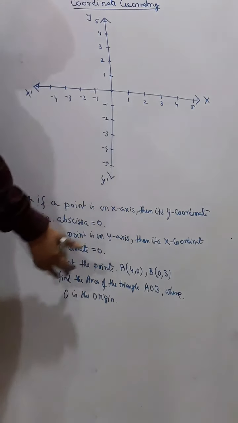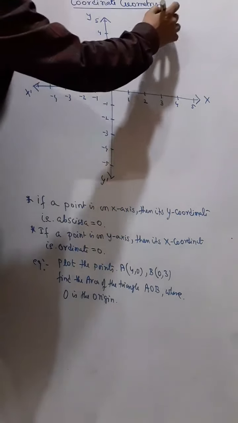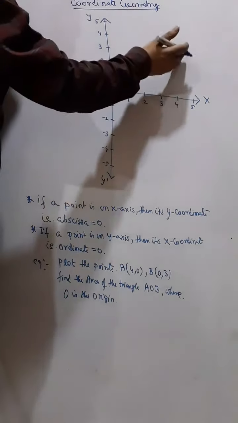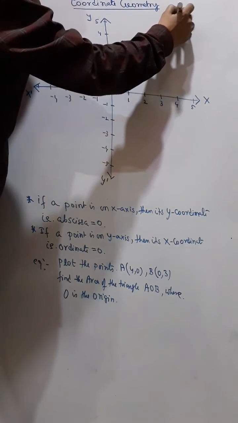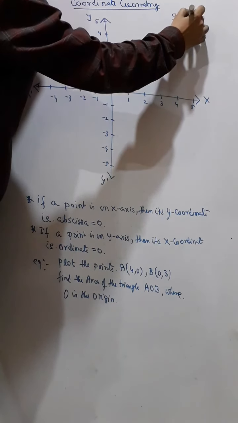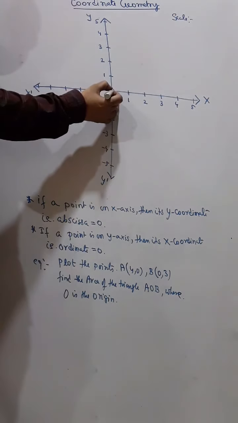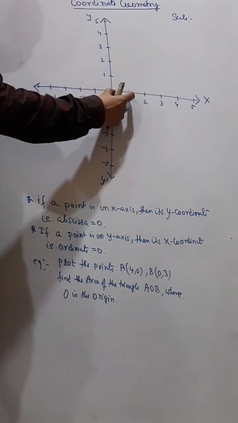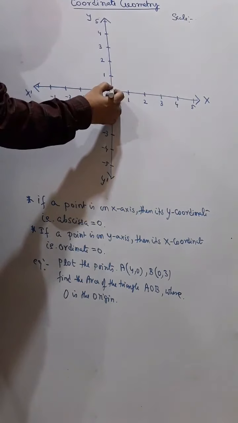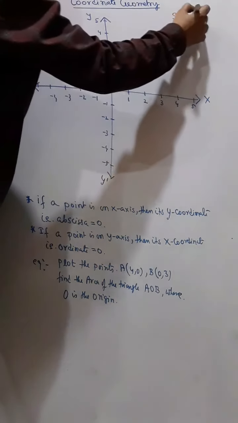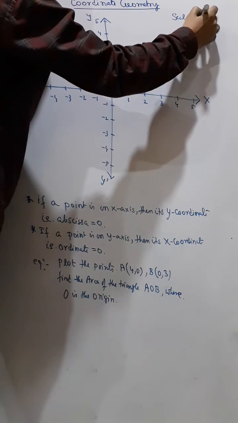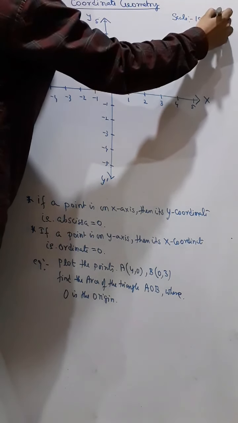So in this type of questions, in your graph paper, in the right hand side top corner, you should always write the scale. Now how to write the scale? Whatever length you have taken as 1 unit, that you will write here like this. Now I have told you this is 1 centimeter, so we will write here scale: 1 centimeter is equal to 1 unit.